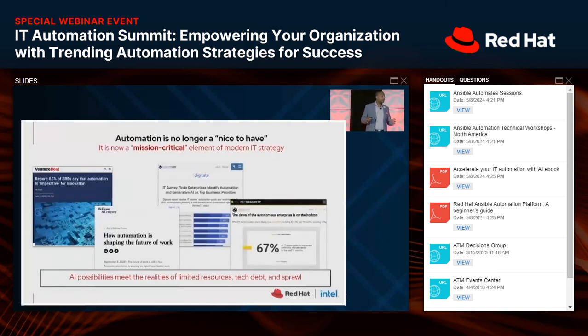Automation is no longer a nice to have, right? I remember when I first took this role 8 years ago, and I was the automation practice lead for services consulting. We had to do a lot of convincing of our customers that automation is something important and something that they had to do. Now we no longer have to do that, right? Automation is no longer nice to have. It's a requirement in order to keep up with your businesses, right? To be able to compete in your world, whatever your business world is that you're working in, right?